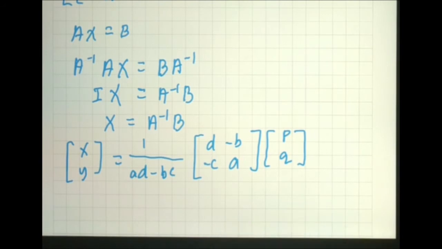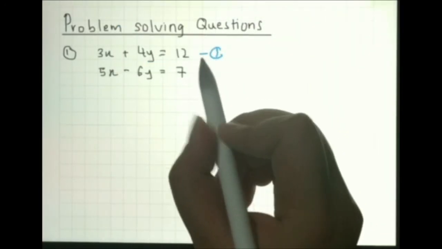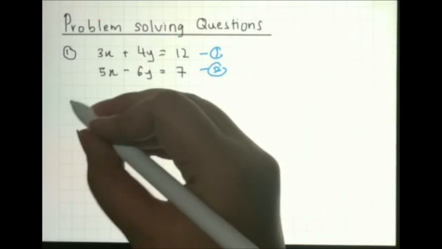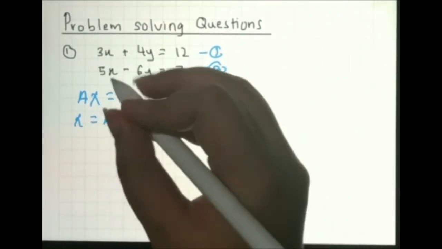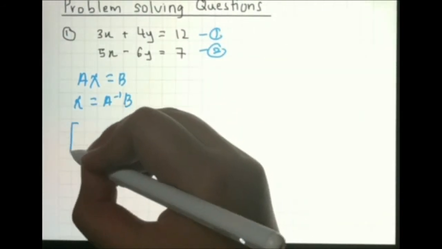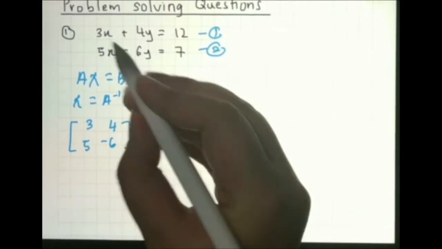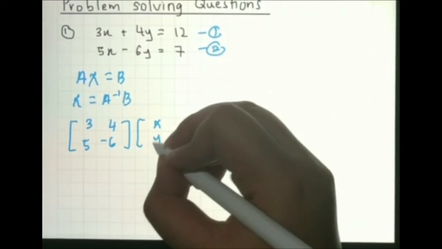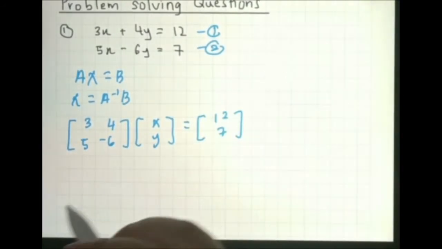Okay, so let's do some problem solving questions. So we have two equations. So Ax equals B, x equals inverse A times B. So write it first: 3, 4, 5, negative 6. Because this is minus, x, y equals 12, 7. Then